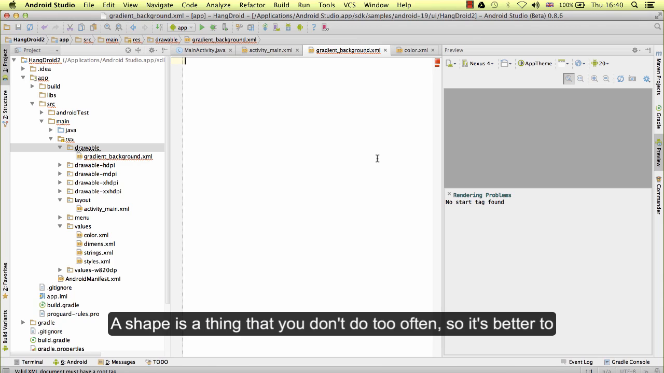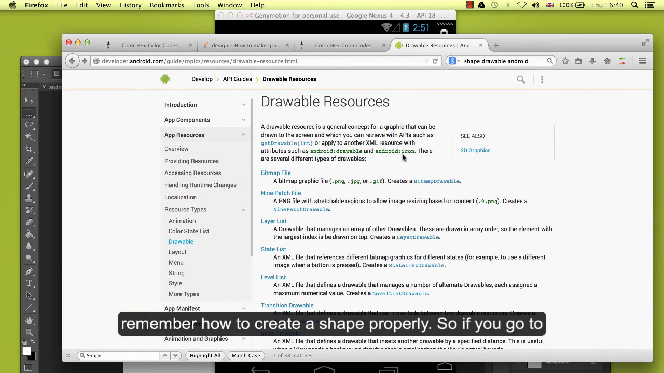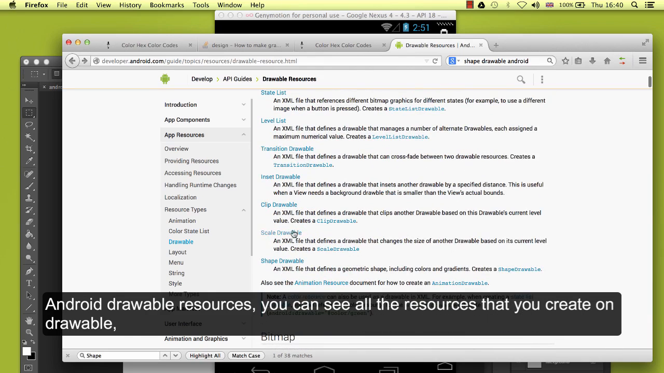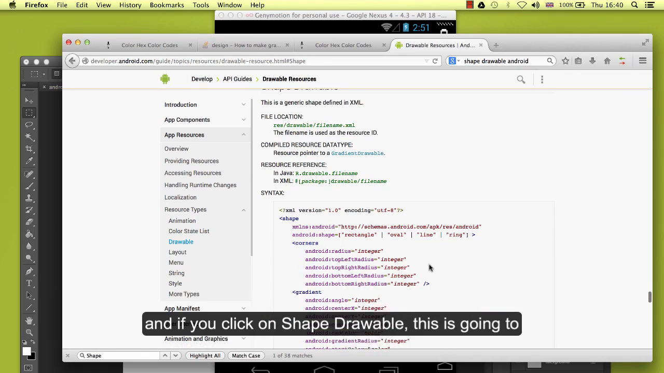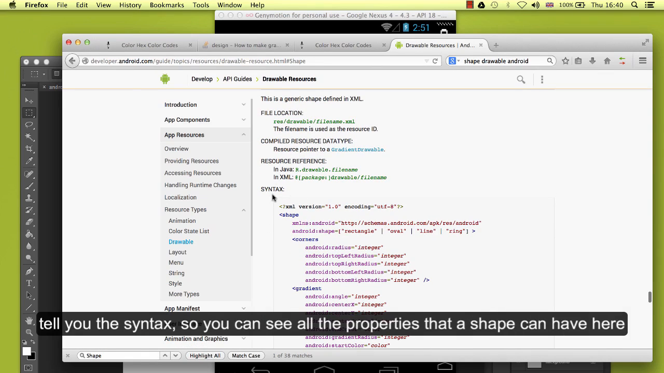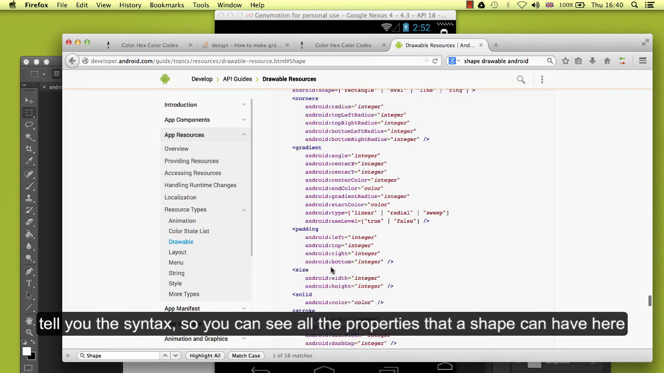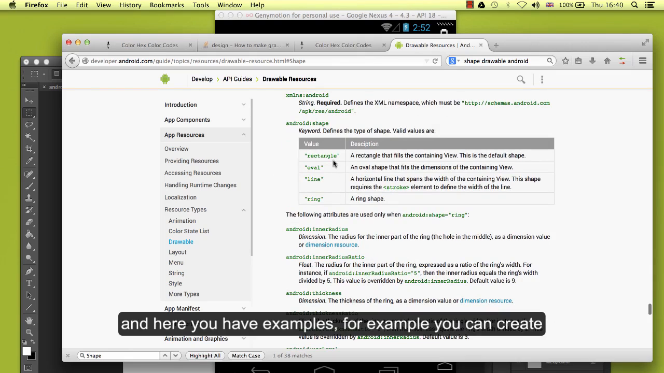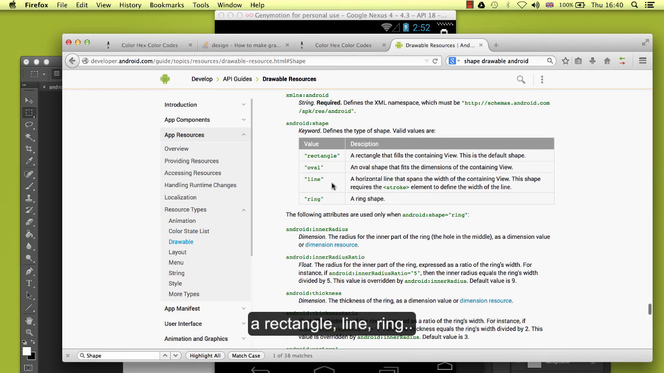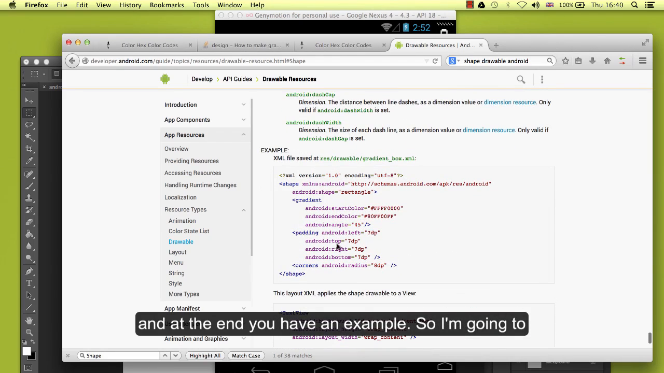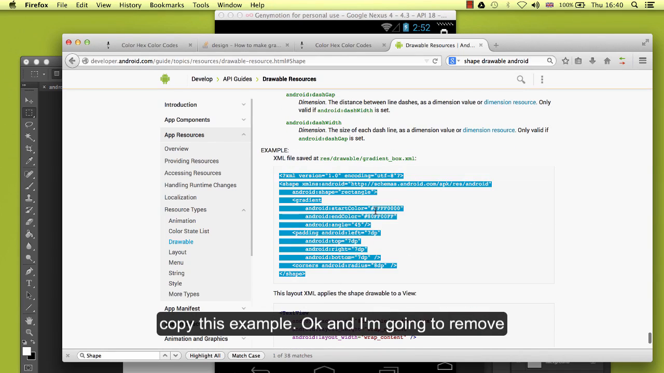A shape is a thing that you don't do too often, so it's better to remember how to create a shape properly. If you go to Android drawable resource, you can see all the resources that you create on drawable, and if you click on shape drawable, this is going to tell you the syntax, so you can see all the properties that a shape can have. And here you have an example. For example, you can create a rectangle, line, ring, and at the end you have an example. So I'm going to copy this example,